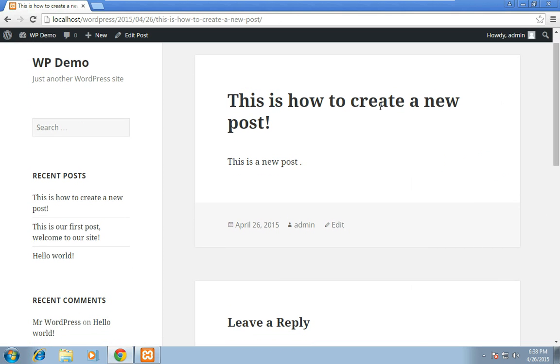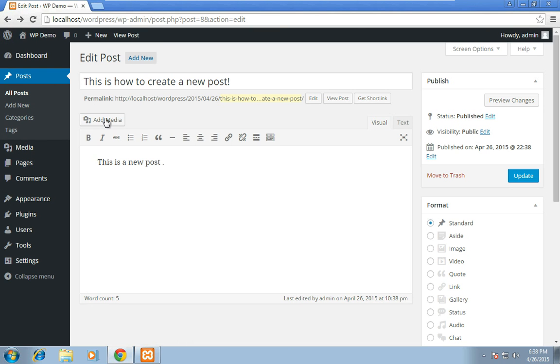It's that middle button, and this is what the WordPress demo site looks like. We just have the title, "This is how to create a new post," and then we have the content, "this is a new post." If we hit the back button, we're taken back to that page, and now we're going to add some media. So if you click on the add media button,